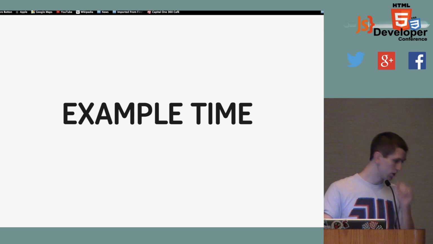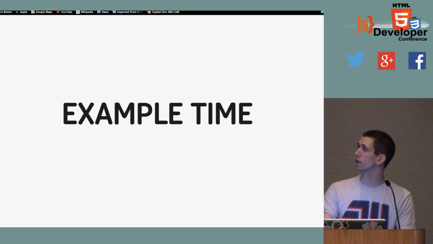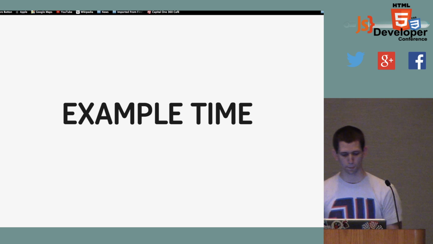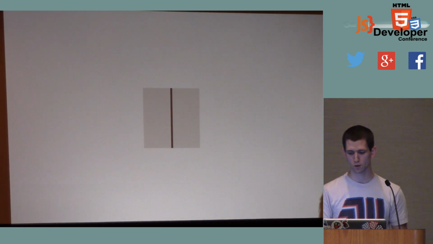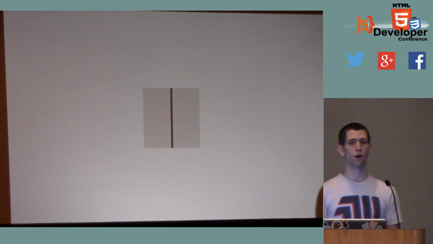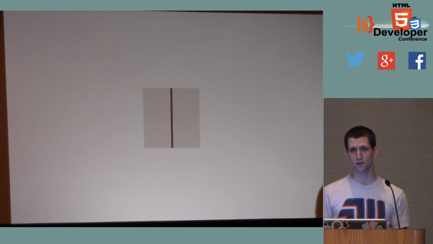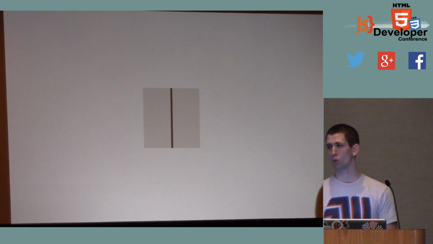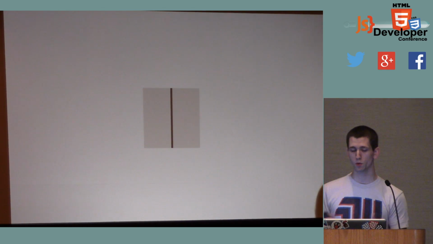So now I want to switch gears and talk more concretely about an actual JavaScript UI component, and we're going to go through some code and talk about the best way to write this thing. So I'm going to show the visual example first. Sorry, I wanted to come up with a really basic component, not something as complicated as tabs or a slider. So our example for the rest is going to be this simple